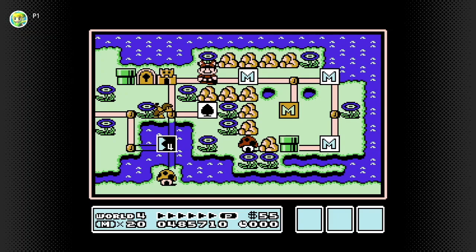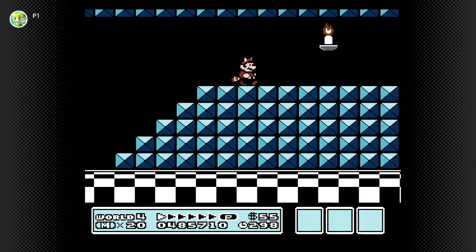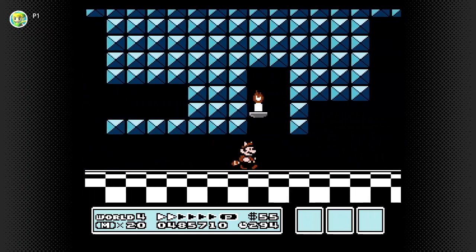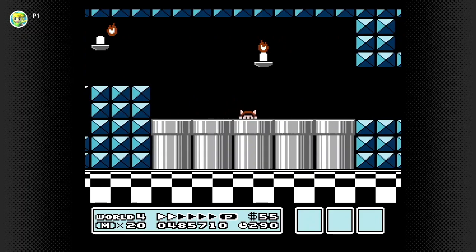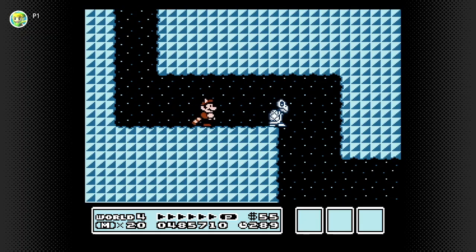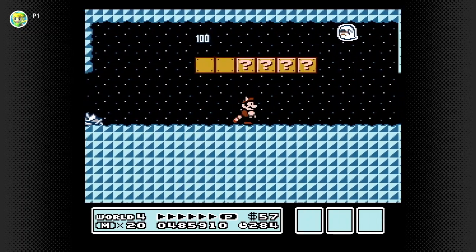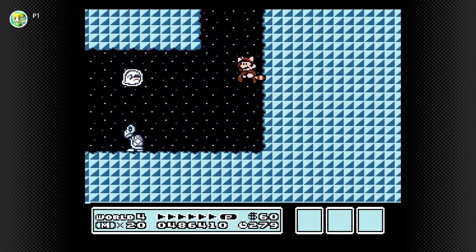Alright, so the Hammer Bro left, so I guess we're doing the fortress after all. This fortress is kind of interesting. In general, I feel like Mario 3 is a weird game, because I almost don't even think about the game aspects of it anymore. I just kind of blast through it without a whole lot of thought, because it's almost ingrained at this point,